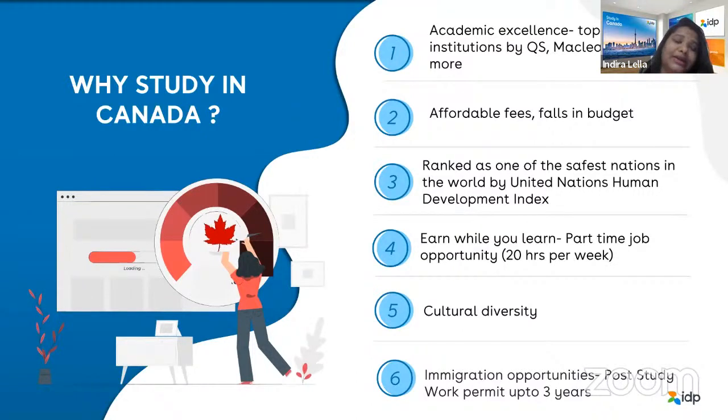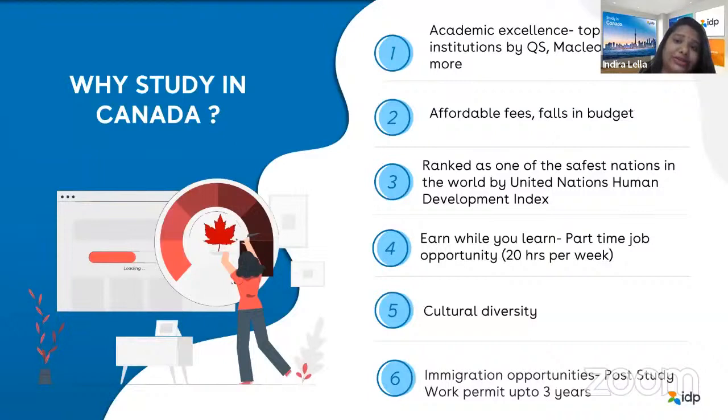So Canada is one of the safest countries ranked in the world for international safety. The students coming from international lands feel really safe and secure in Canada because that is how the government is taking care of them. So you really don't have to worry about what am I going to do, where am I going to stay, what if I'm going alone? No, you don't have to worry. You're in Canada, right? And when you're there in Canada, you can obviously go ahead and as a student, you can do your part-times as well.